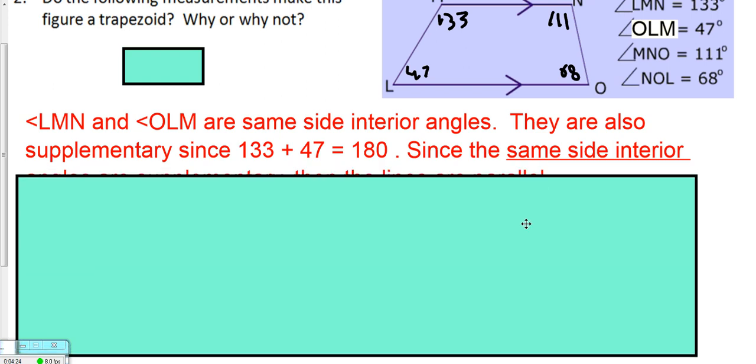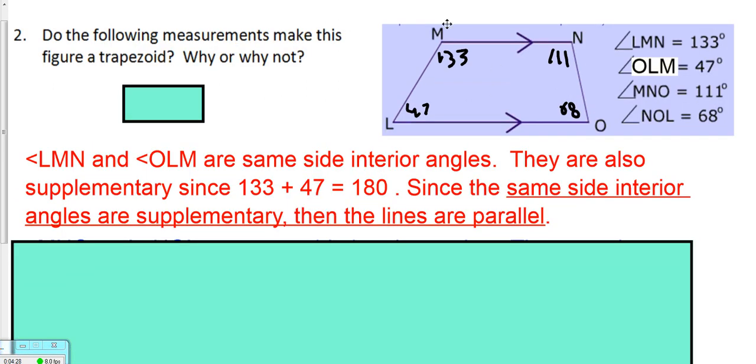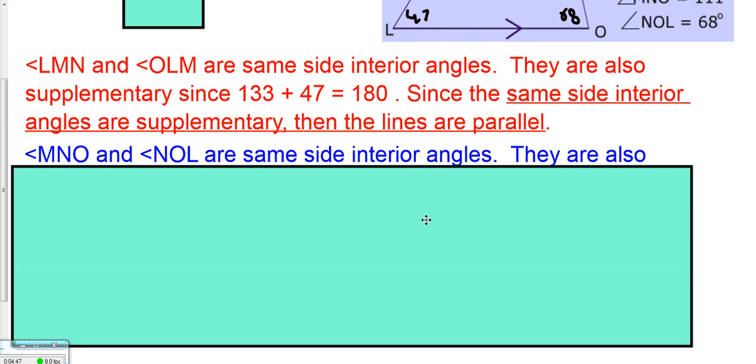Since the same side interior angles are supplementary, then we know for sure that these lines are parallel. Now, they drew the lines in, but if they didn't draw those on there, if they didn't say or show that these were parallel, we could say, yes, they have to be parallel because this one and this one are supplementary to each other. Okay? Same thing,